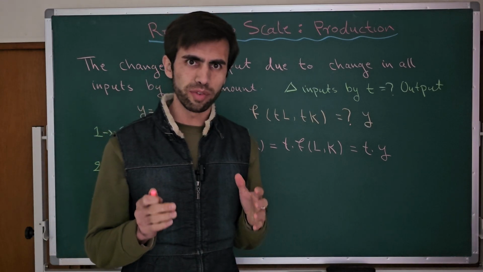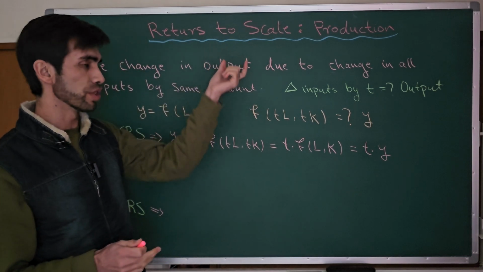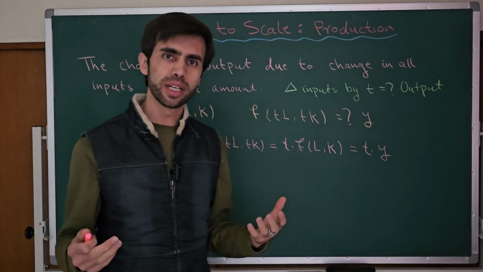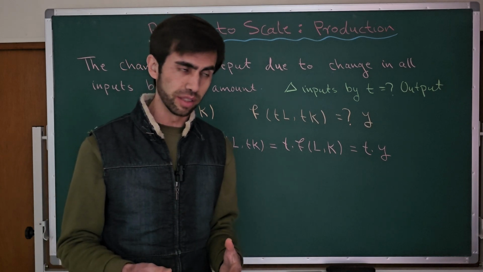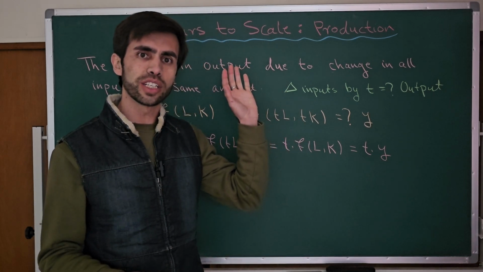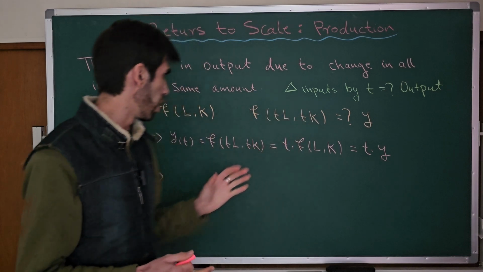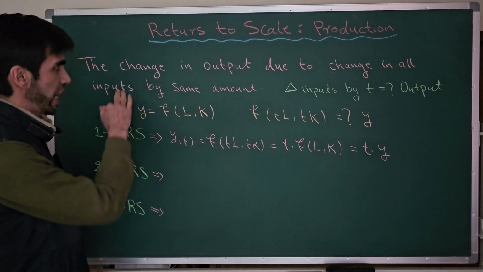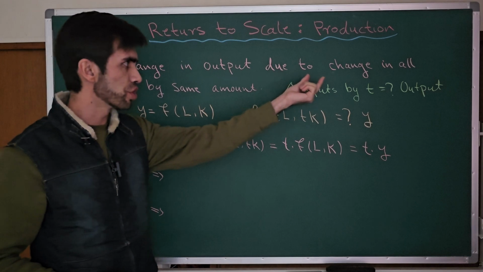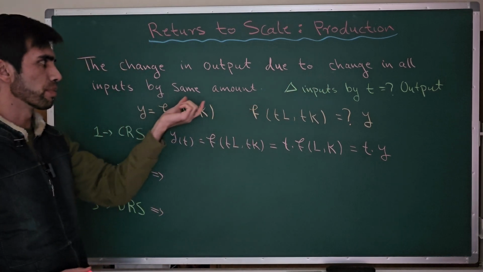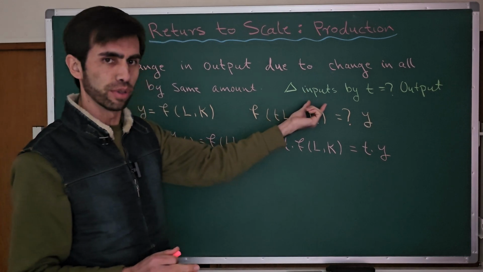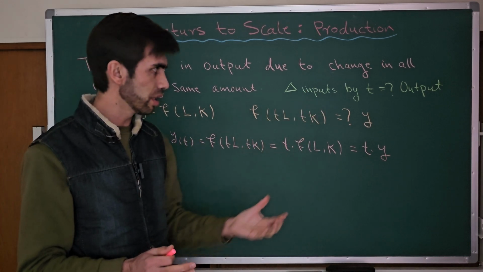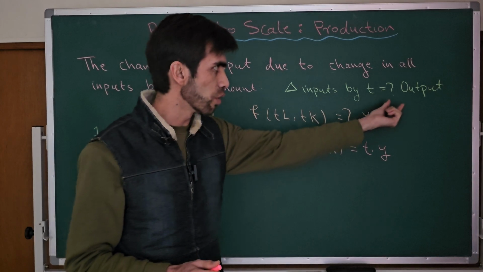In this video, we will talk about the concept of return to scale, which is one of the basic concepts in the theory of the firm, and more specifically in the production function. And what does return to scale mean? Return to scale is the change in output due to a change in all inputs by the same amount. Or in other words, if we change all inputs in our production by the same amount t,